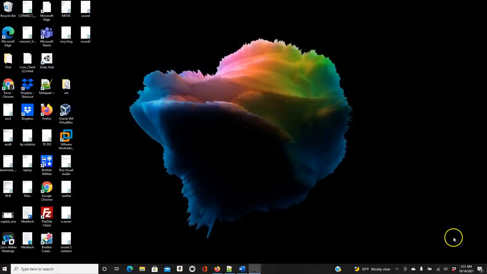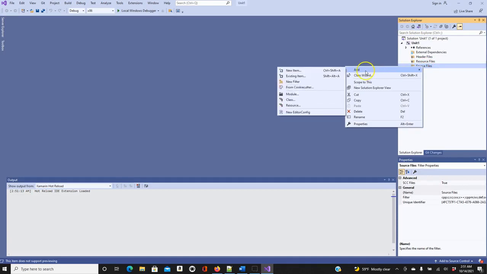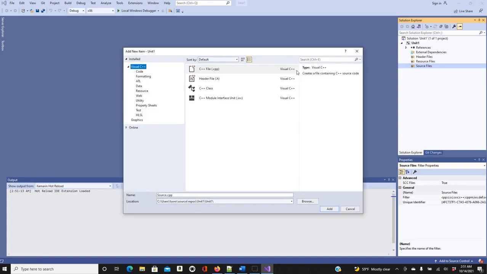so it's going to create it. Then I have this nice Visual Studio C++ here. So the Visual Studio starts here. If you look at the right hand side, Solution Explorer. Okay, this is where you will need to go, especially if you look at source code here. You right click, and then you click add, and then you go to new item. So when you go to new item, that's where you put the name of your file.